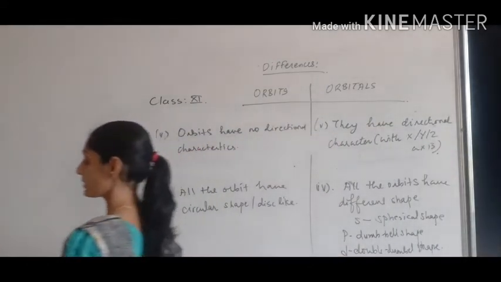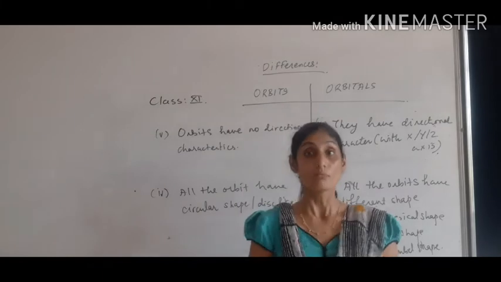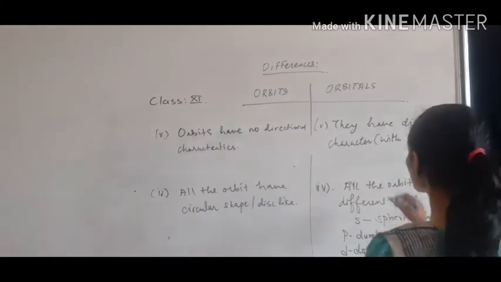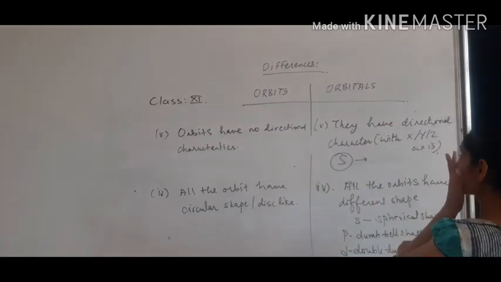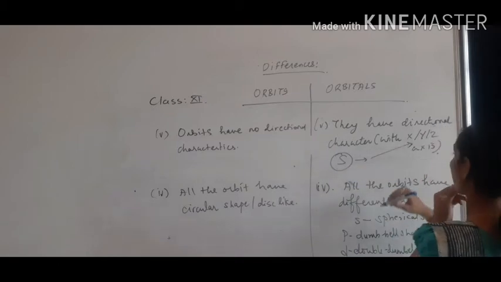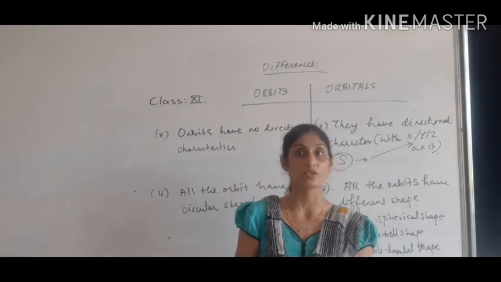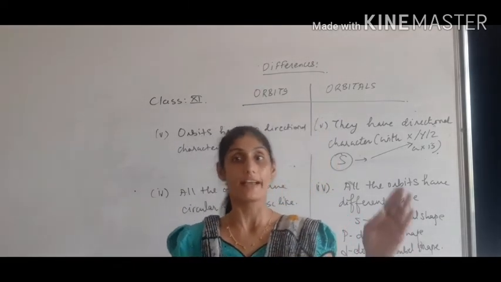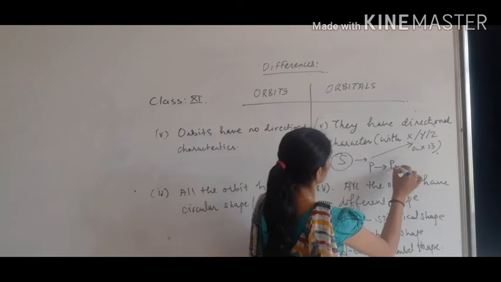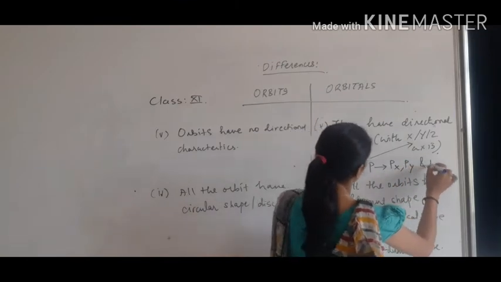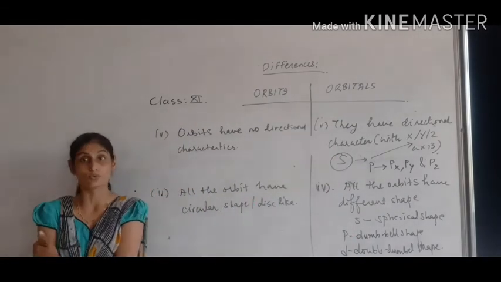You can write this, that they have directional character with x, y and z axis. But when we talked about the s orbital, it is the only orbital which does not have any particular directional characteristic with x, y and z. It is there only in one plane. It has a spherical shape, so it does not have any suborbital with x, y and z. Rest, when we talk about p, it has direction in the x axis, so px, in y also and in z also. So you can write it px, py and pz. So copy the 5th point and we'll move to the 6th point.